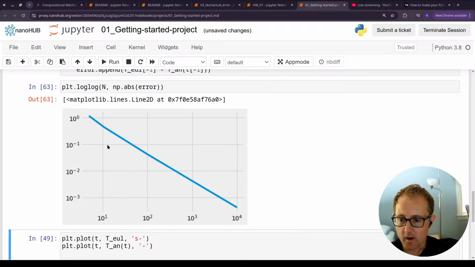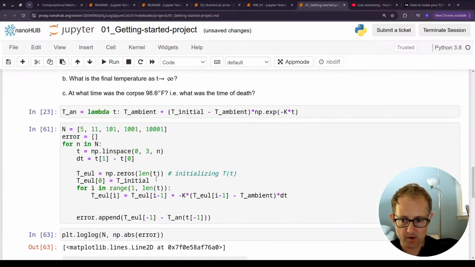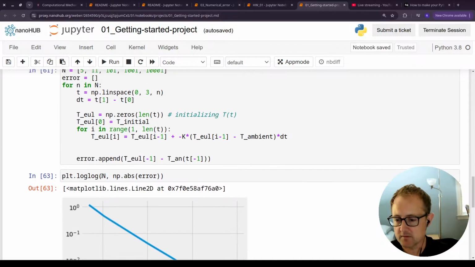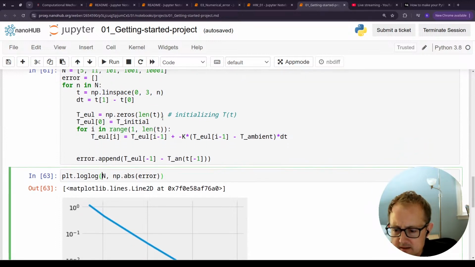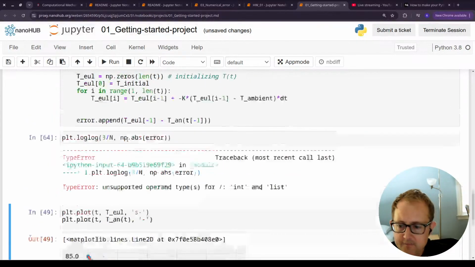So this is like the actual definition of what is the convergence of this method, of this numerical method. And it's showing like, okay, the more time steps you have, on a log scale, the smaller that error becomes. And you could say like 3 over n, because that's like,